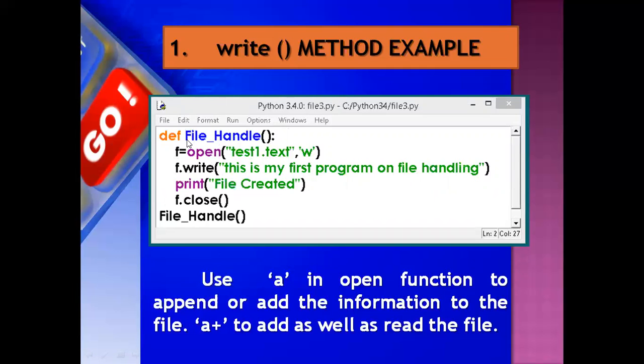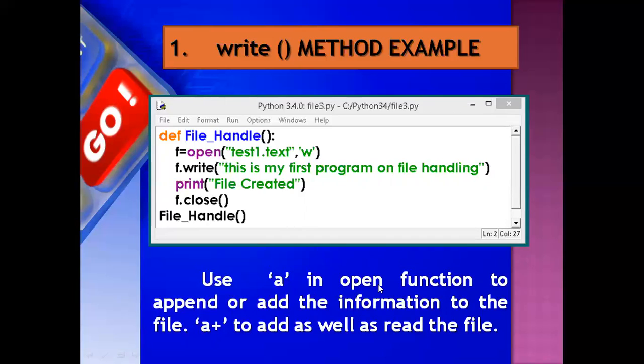Now whatever you have opened here must be closed. filename dot close. So this is a small program with which you can create data in a hard disk. Whatever you are writing, it can be in a paragraph, it can be line by line. So you can store that in a file.